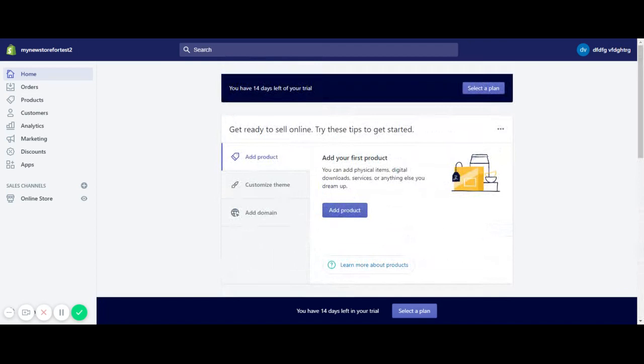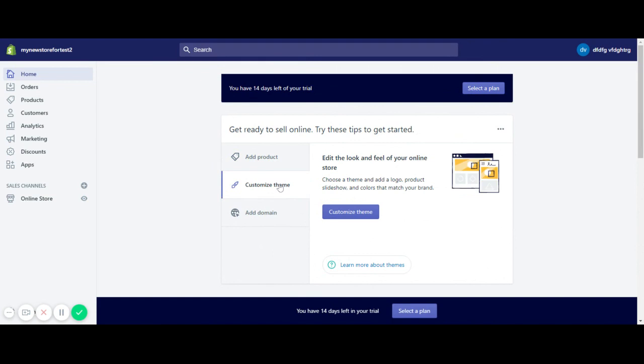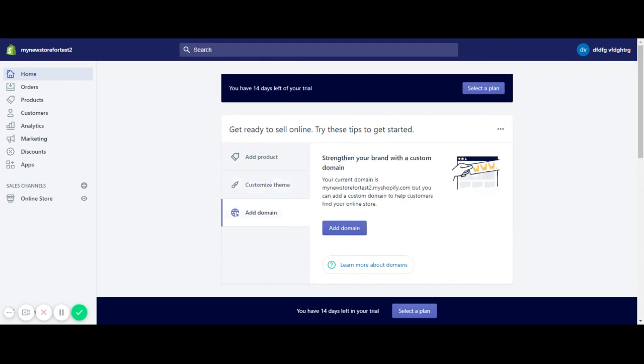Right in front of you, you can go and add a product. You can customize the look and feel of your site by adding a theme. And you can connect a domain name. If we look further down,